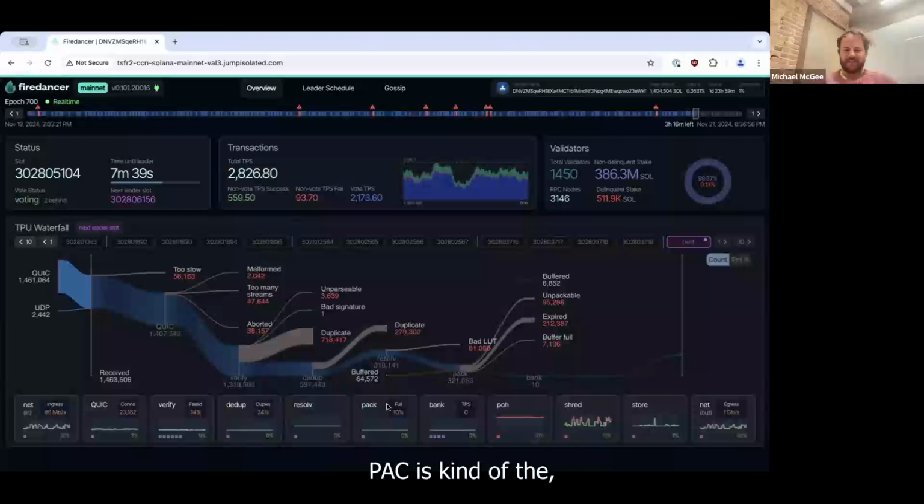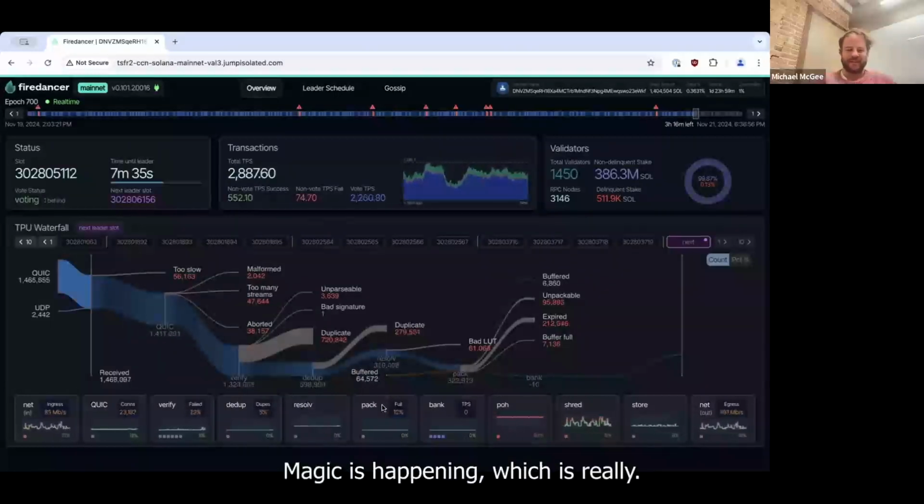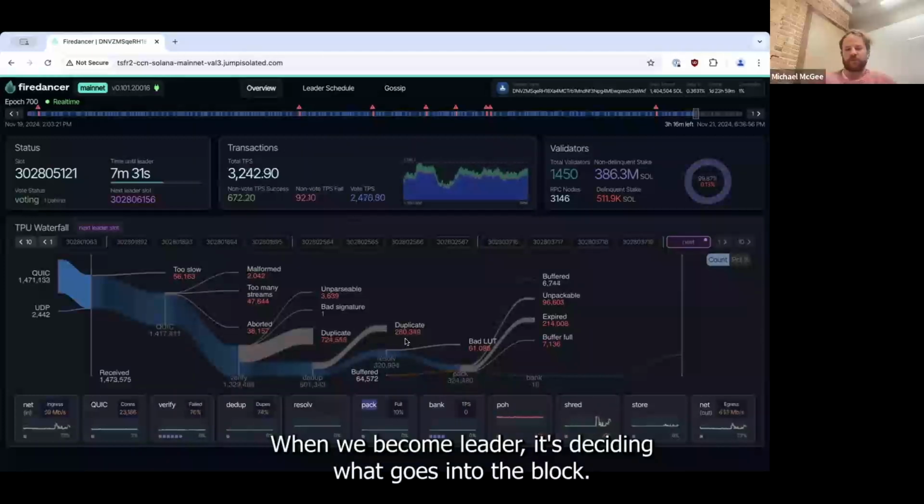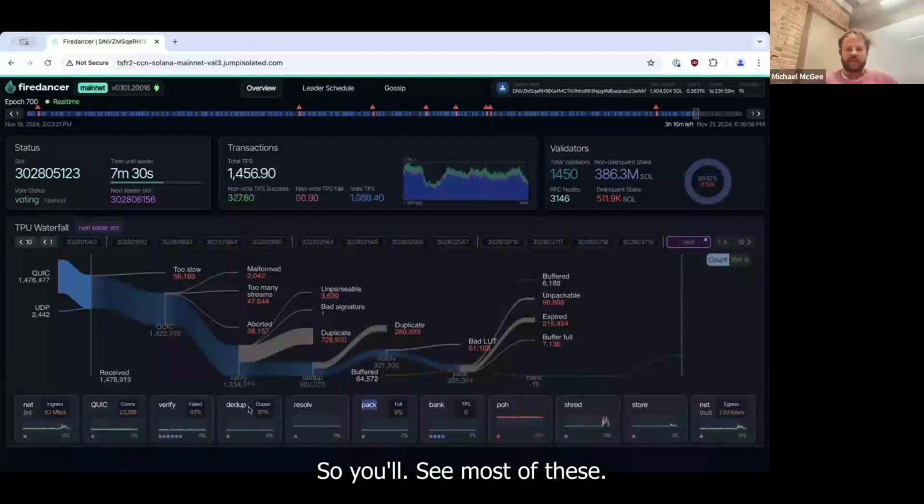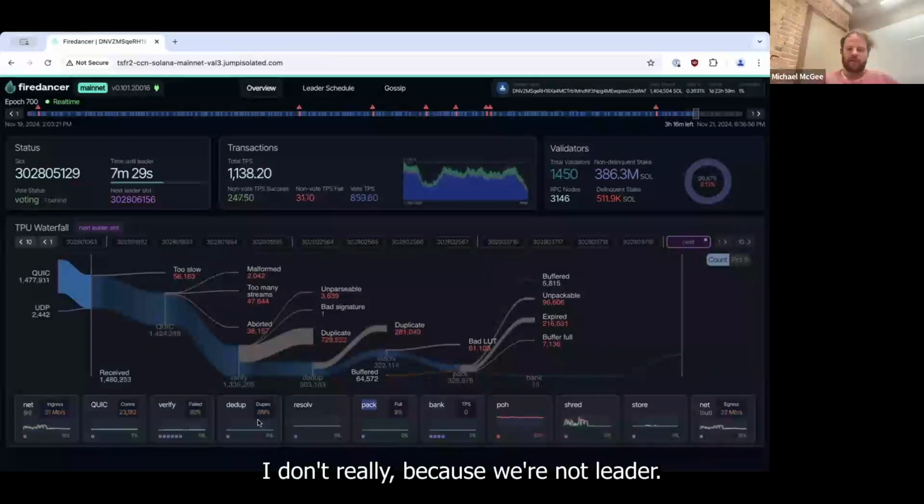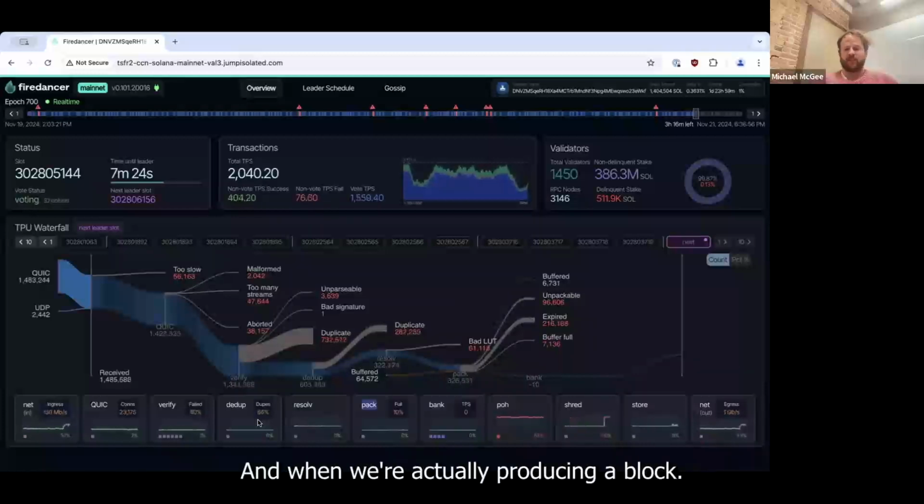Pack is, I would say, the central heartbeat of the system. This is the main place the magic is happening, which is really, when we become leader, deciding what goes into the block. It's ranking all these transactions, going through them, picking the best ones. So you'll see most of these are idle because we're not leader. All of these CPU cores only get activated when we're about to become leader and when we're actually producing